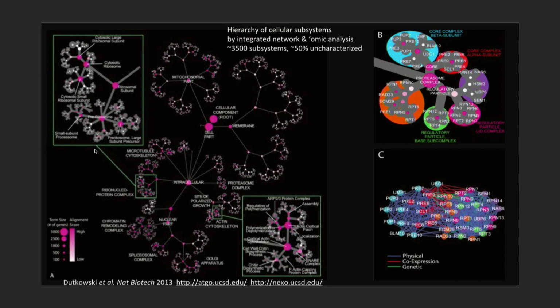Let me, as I transition to talk about that, though, let me just go back and comment on the size of this hierarchy. So it is quite large. One can detect about 3,500 subsystems over about 12 layers. And this is just the budding yeast data set. Okay, so 5,000 or so genes. Those would be the leaves of this hierarchy.